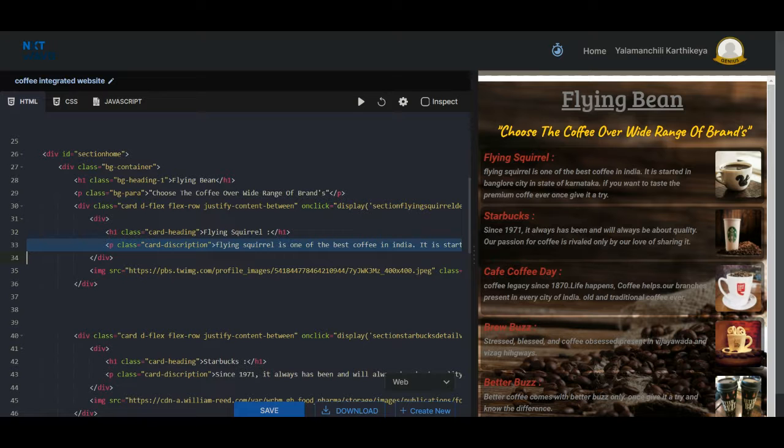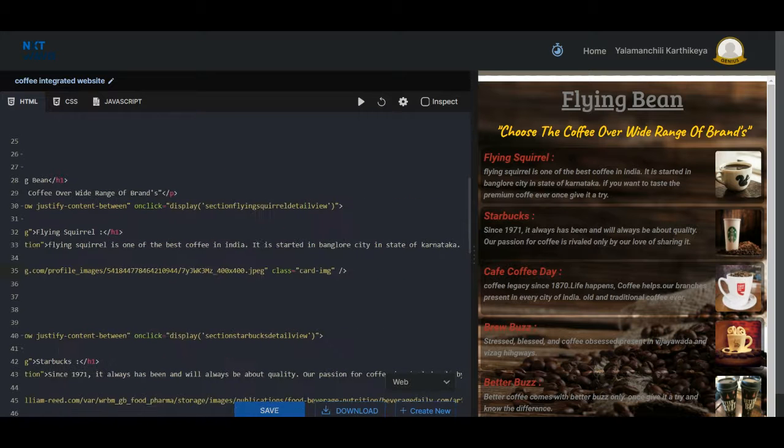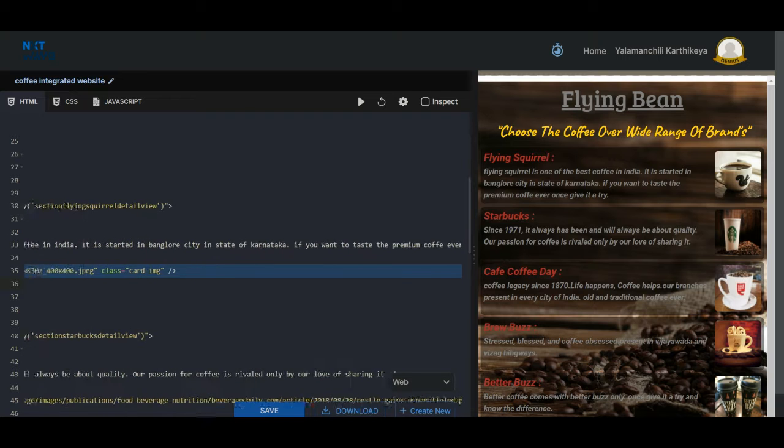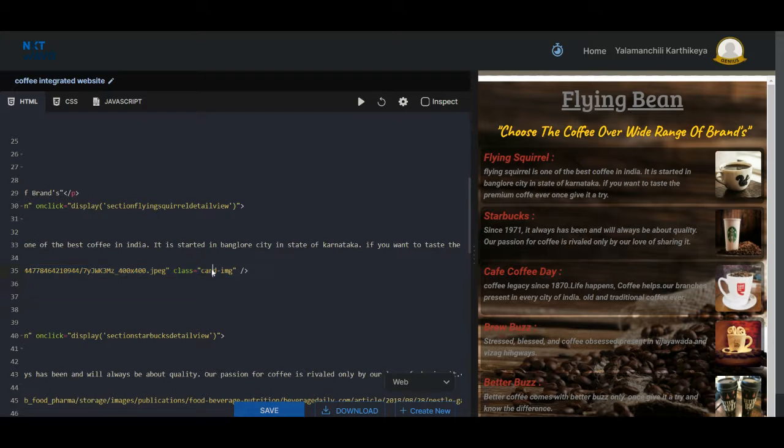And next to that, I am having the image. I choose another div container, and I choose the HTML element image and source attribute, and gave the image like this. And next, if you see here, I am having a class attribute and another class name also, with the attribute value card image.